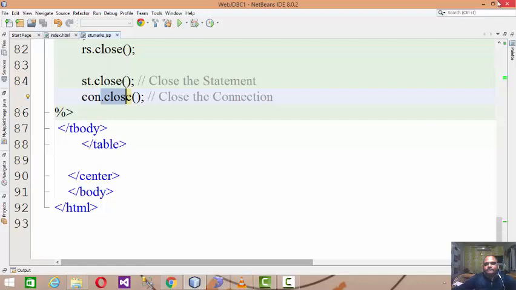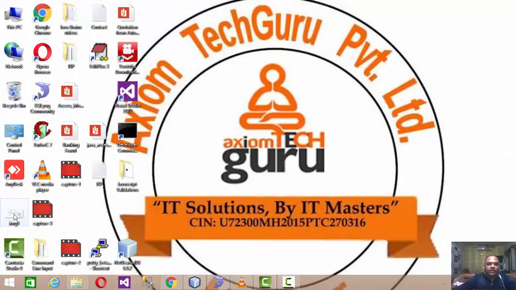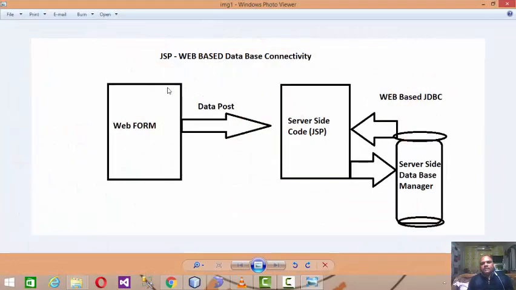So while performing your JDBC operation with the web, it's not a big deal actually. Big deal in the sense that I'm going to explain in the next sessions how, because on the server side it becomes lengthy code. It becomes a little bit complex to organize everything, which I'm going to explain in the next part. But in this particular session, my objective was just to read the data from the user, process it, and handle the basic JDBC operations, that is, insert the data into the database and fetch the data from the database, which is explained here.